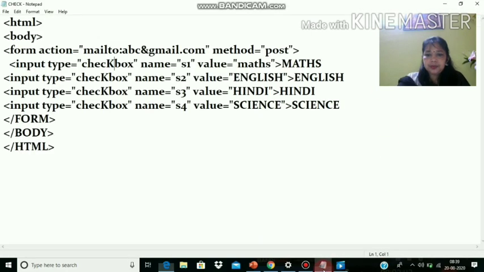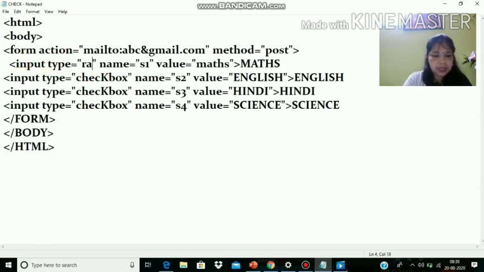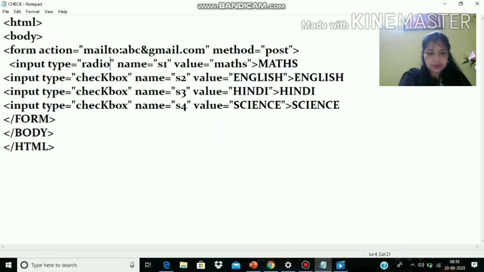Next is we have radio buttons. For that the same code will be used. Here the type you give radio button, and name equals to S1, value equals to maths, and here also maths.